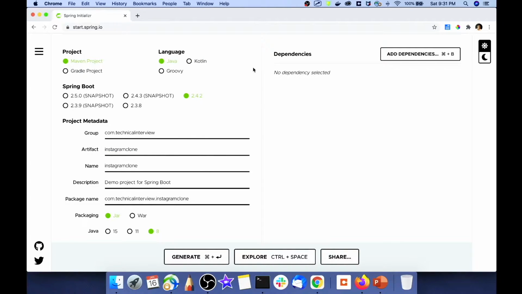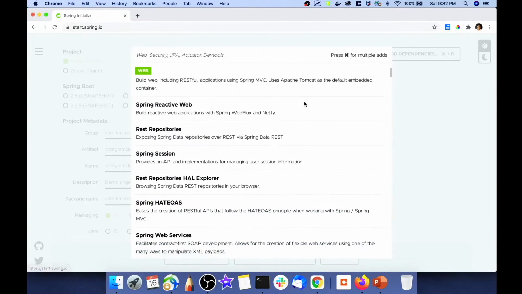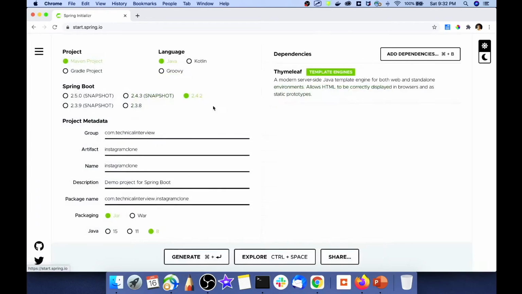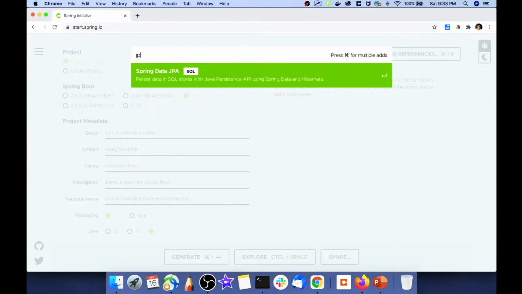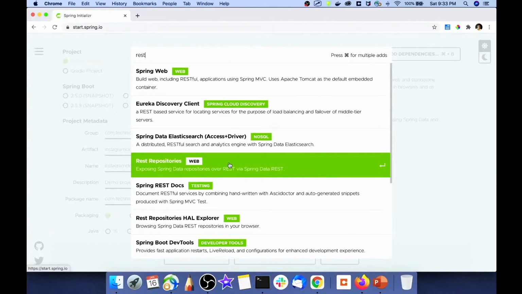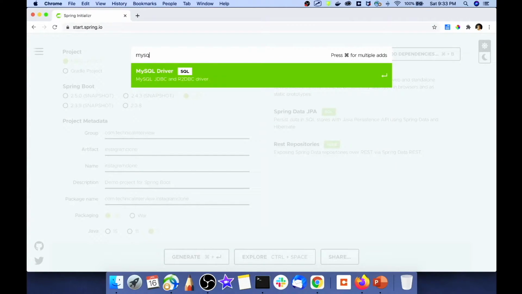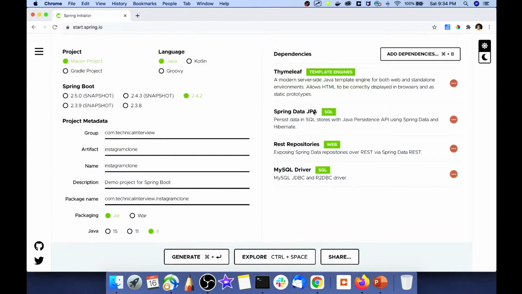So let's start adding our Spring Boot dependencies so that we can implement our REST APIs. So let's go to add dependencies over here, and let's add the dependencies one by one. So the first dependency that we will be using over here is Thymeleaf. After that we will be using JPA, that is the Spring JPA. Then we will be adding the REST service over here, and after that we will be including a database in our project, and for that we will be using the MySQL dependencies over here. So I hope we are almost done with the dependencies.